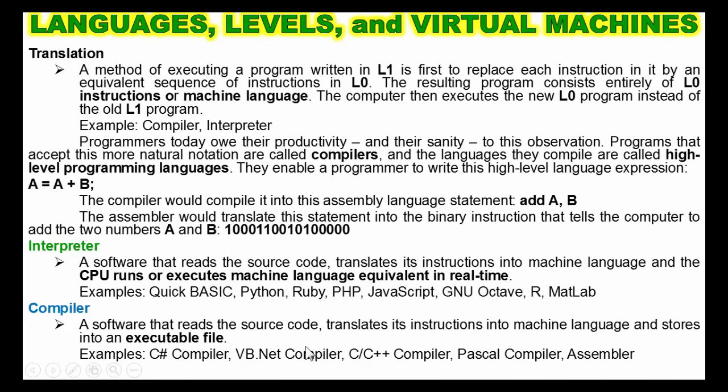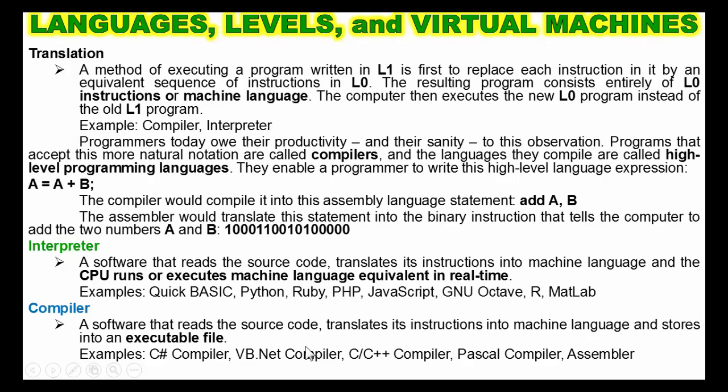Translation is a method of executing a program written in language 1. It is first to replace its instructions by an equivalent sequence of instructions in language 0. The resulting program consists entirely of language 0 instructions, or machine language. The computer then executes the new language 0 program instead of the old language 1 program. Examples of translation